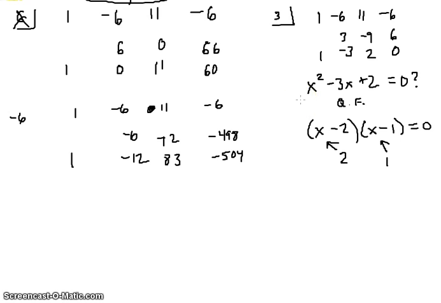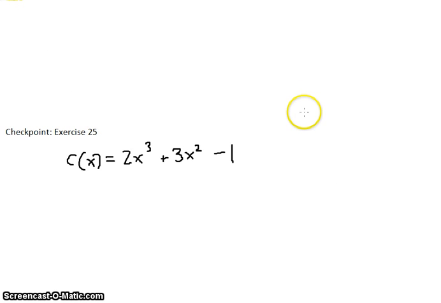Now I'm going to do another one with 25. So for 25, we have this following function. It's in different notation. It's c of x now, but that's the same thing, just a different letter. 2x cubed plus 3x squared minus 1. So what I need to do is I need to write out the factors of the constant. So that's just plus or minus 1